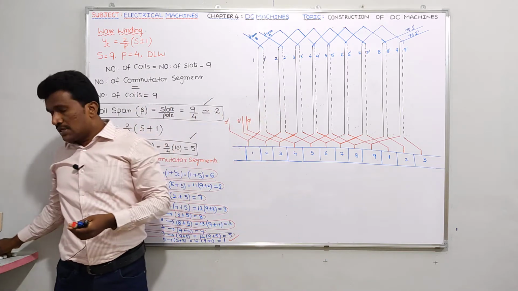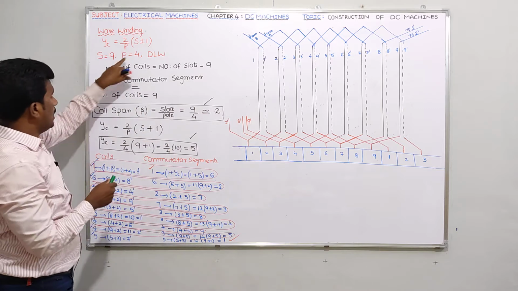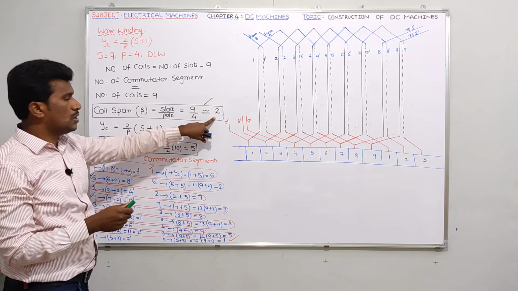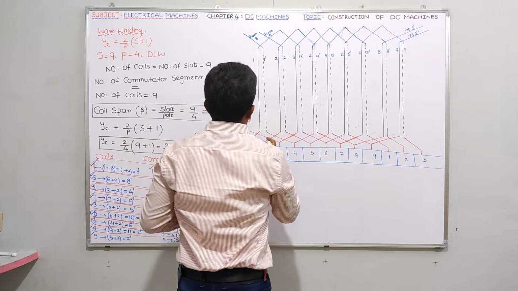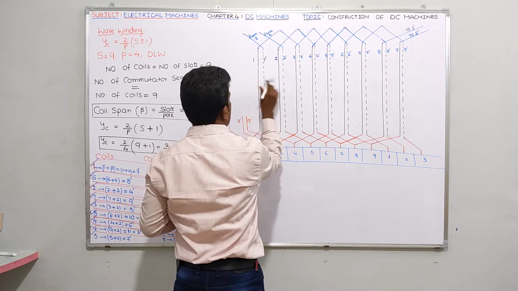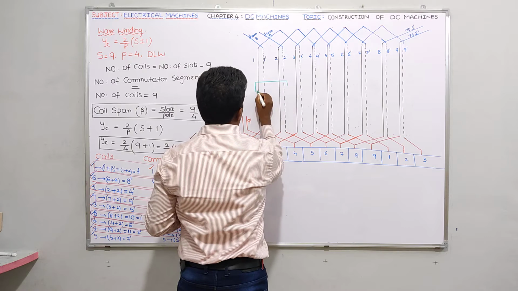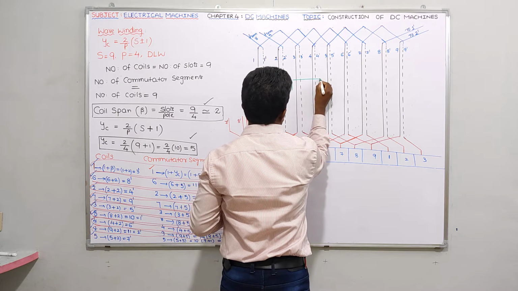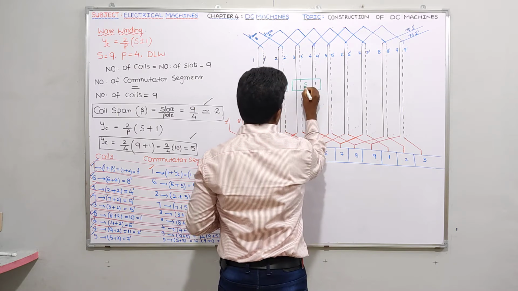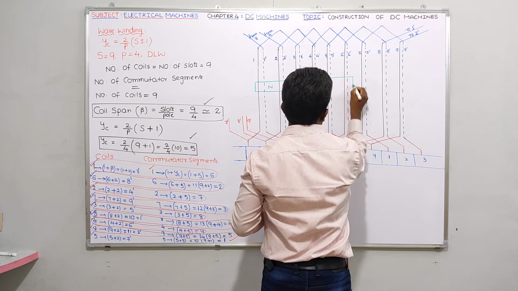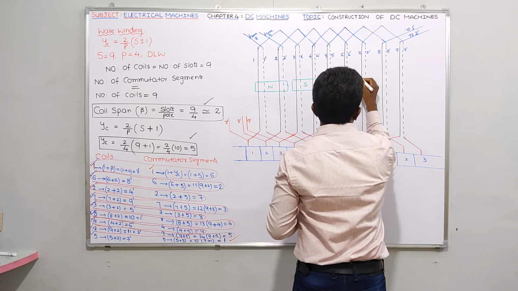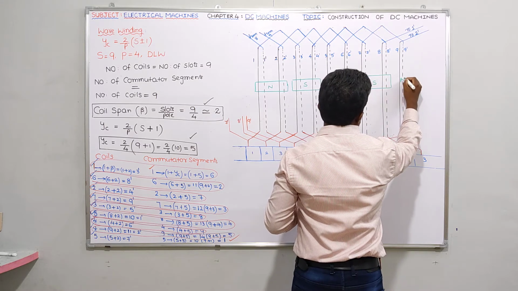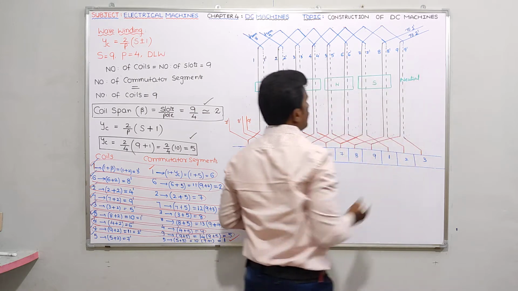Okay guys, next. Tell me how many poles are there in this data. I have 4 poles now. And what about the slots per pole value? Slots per pole value is how much here? 2. That means, let me take the first slot. The second slot will be under the north pole, and the third slot and the fourth slot will be under the south pole. 5 and 6 are under the north pole once again. 7 and 8 dash will be under the south pole, and that is the neutral portion.